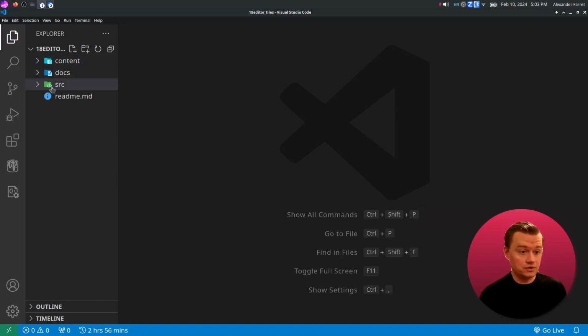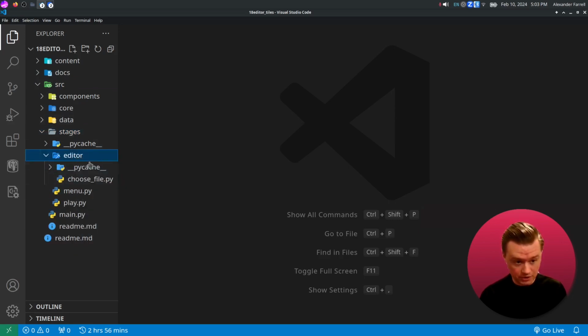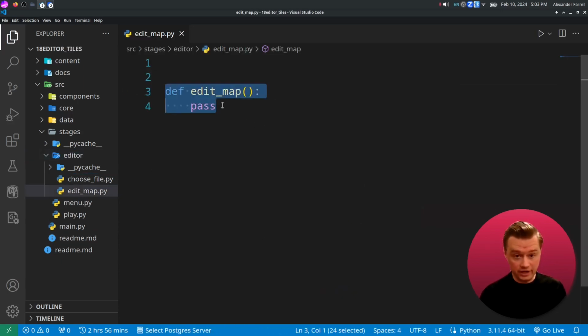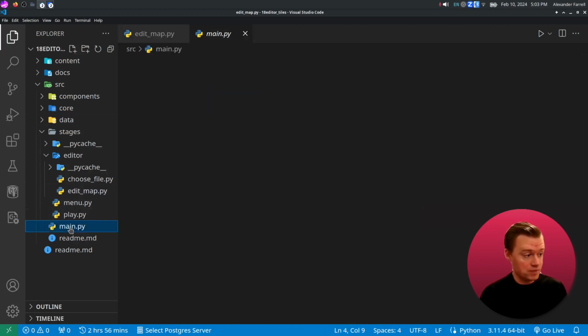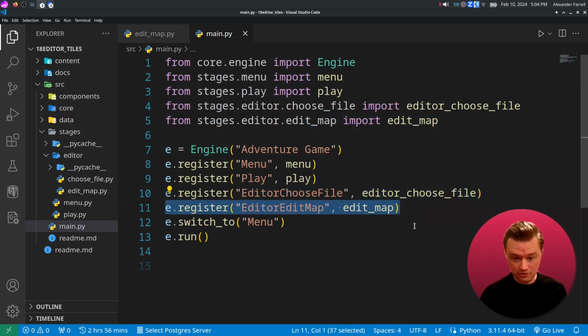Let's create another stage. So from last time, we added a stage to our editor called choose file. And we're going to come in here and add another one called edit map.py. Start by creating a function called edit map. Then go ahead and jump into main.py. Go ahead and import this function up at the top, and then go ahead and register that function as a